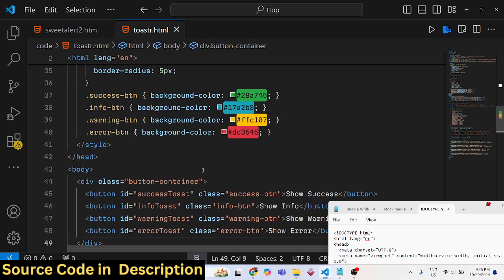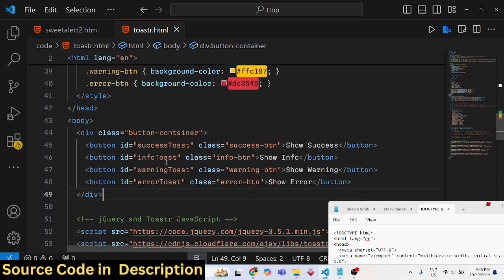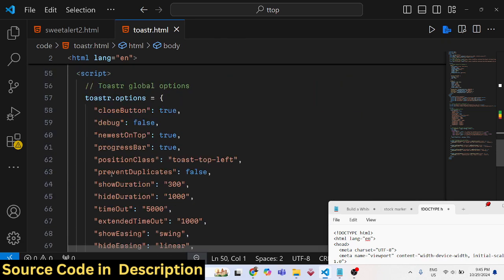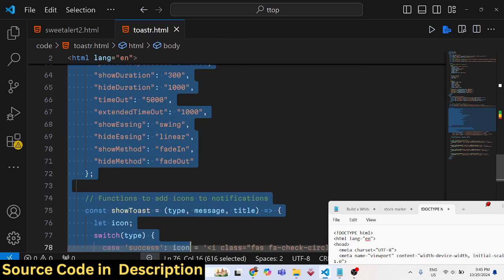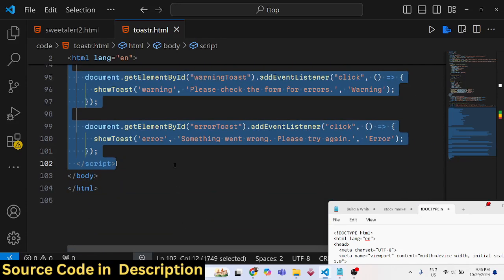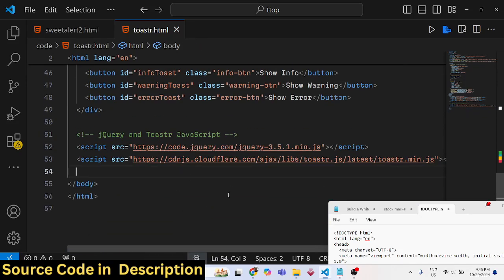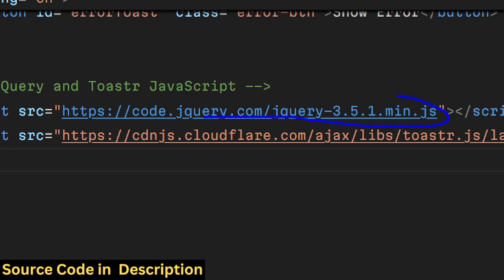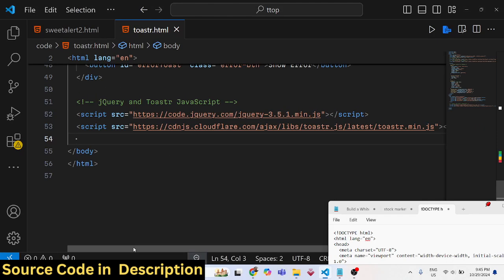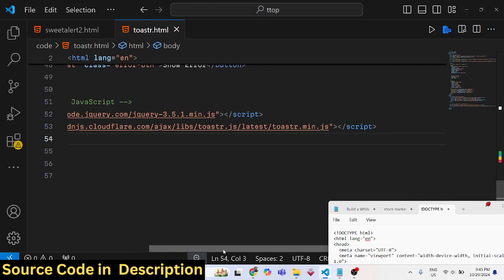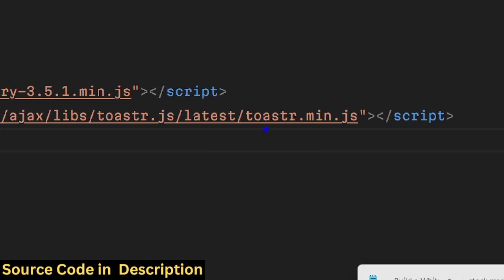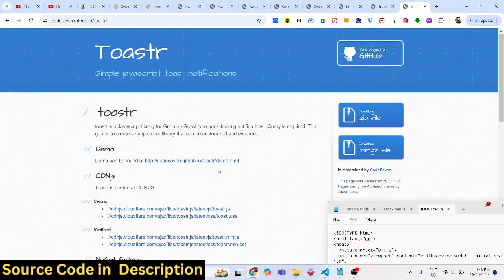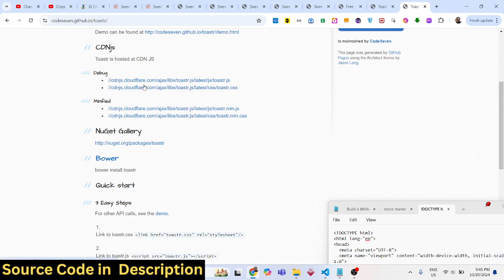Now to get started, right here I have this example. I will just write this example from scratch, so let me delete everything. I have already included the CDN for jQuery, because jQuery is required for this library. And also we have included the toastr min.js file. You can see that